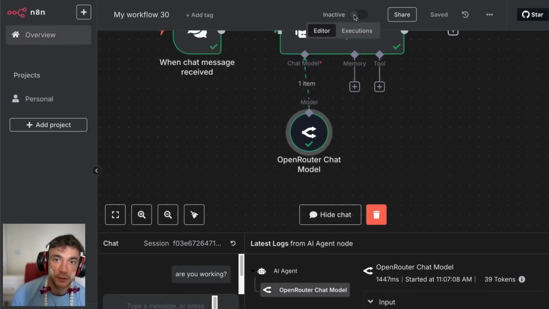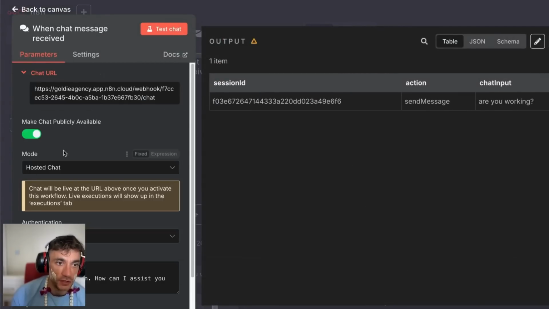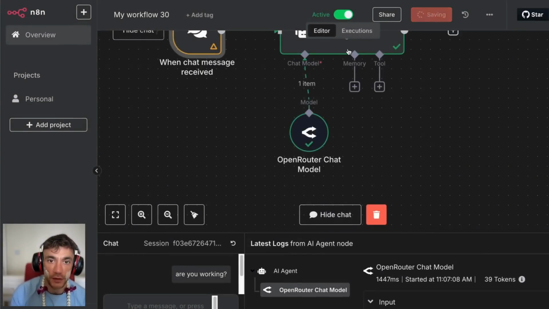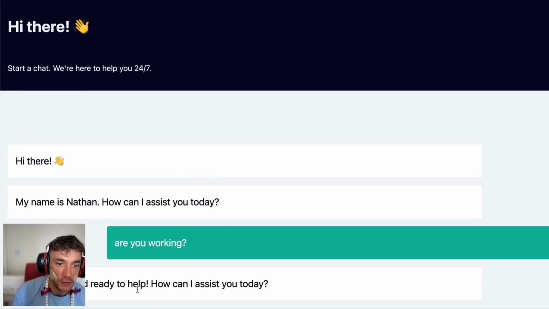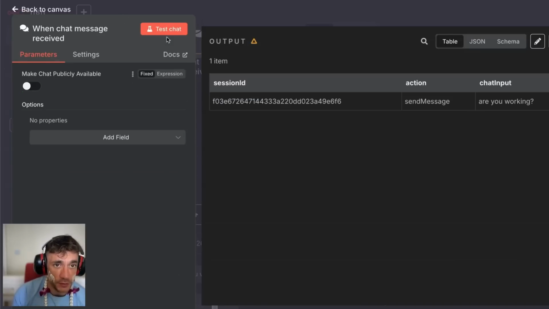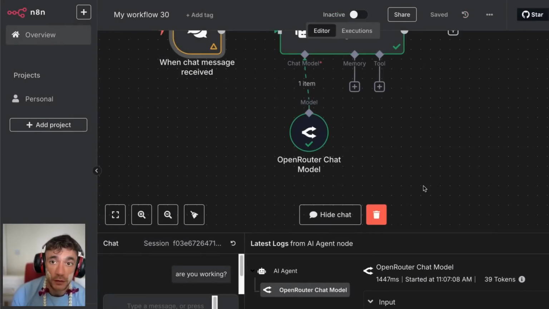You can also deploy these. So if we click on active, and then grab the make chat URL, publicly available. We just need to hit save on this. And then you can see this is open right here. So if we click on, are you working? This will use Optimus Alpha to start answering us, like you can see. And then you can even embed that to your website as well. I'm just going to close that, but you can see how easy it is to build out AI agents using